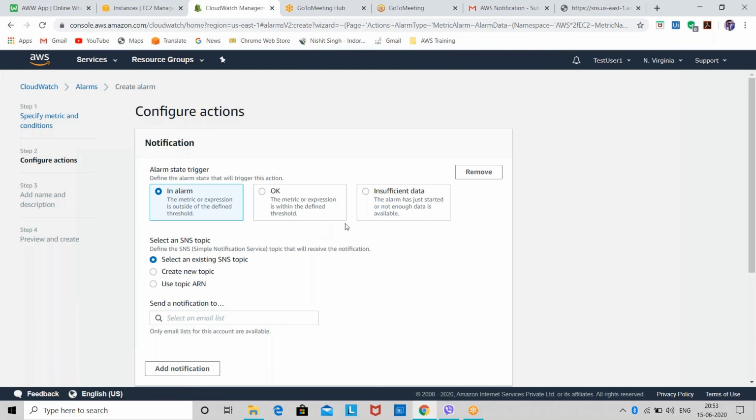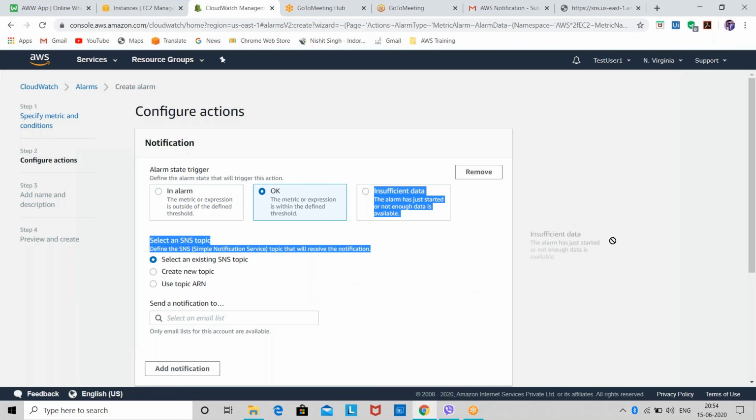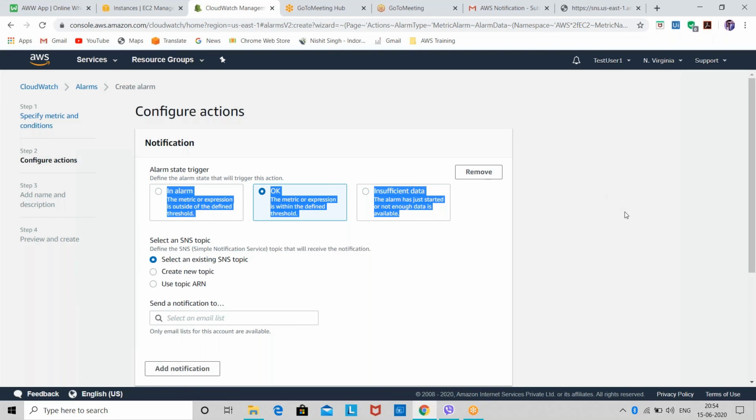Then we have the OK state, which means your instance is healthy, and we have Insufficient data, which means you have configured an alarm on a particular instance, but now your instance is not available. So in that case, you'll get the insufficient data alarm.